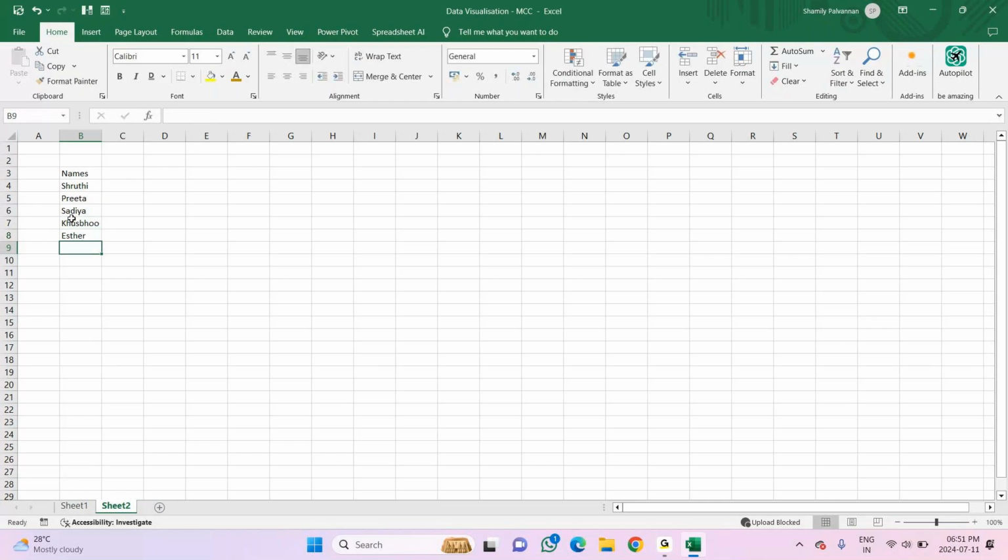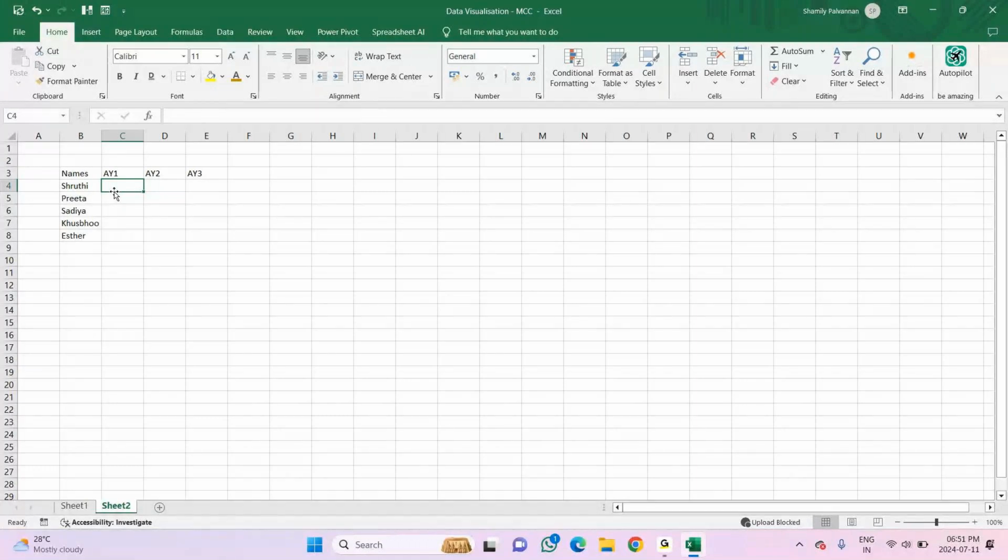So I've taken some names. Then I'm just taking here academic year 1, academic year 2, academic year 3. That's all. Now you can give any values, but let me tell you how. When we teach, or when we want a random number from this number to that number, it can be any numbers, then you can use this option.